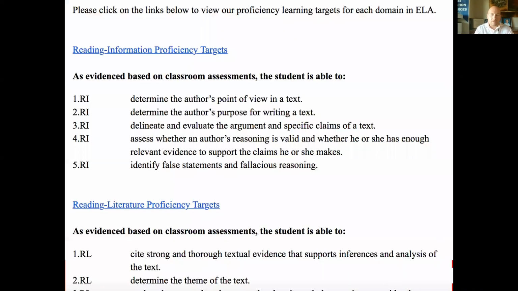Now, the one thing that Tom and I both emphasize is don't just take this and copy it. This is a great starting point for you to have conversations, but the biggest part of this in changing our instruction was the conversations that happen as a result of going through the process. We talk about a process in the book, how you prioritize the standards and write those targets, but this gives you something you can look at.